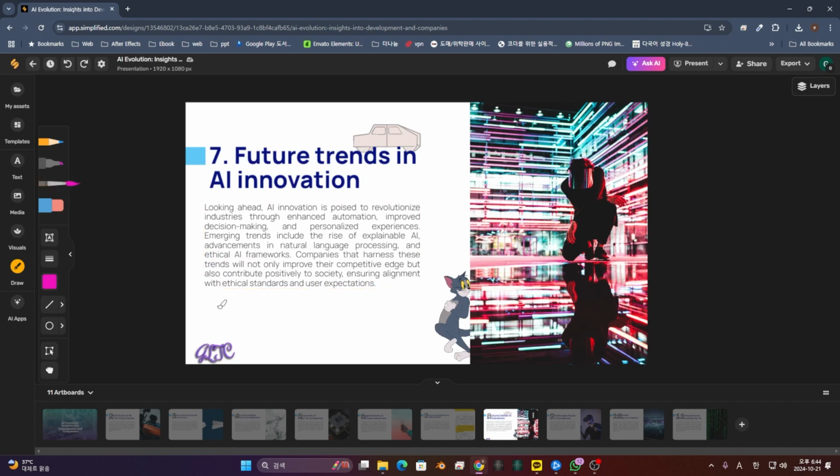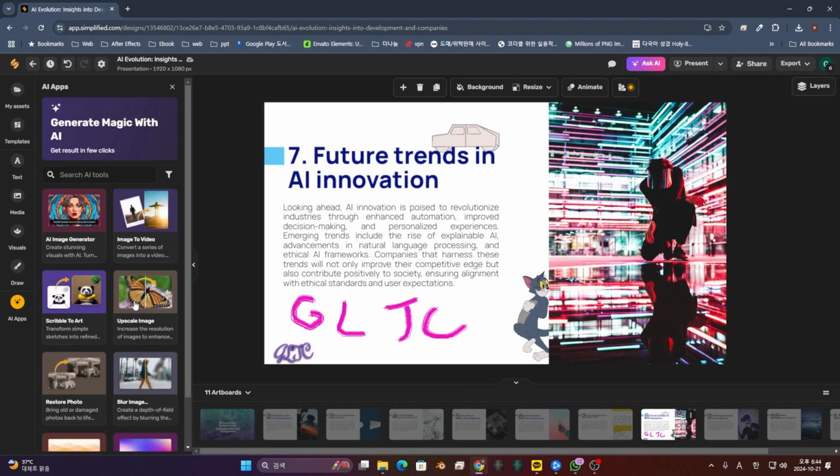And I will just draw like this. Maybe GLTC. Like this, I really love it. And you can go to AI apps now. These AI apps will bring AI-powered applications to your presentation. So you can use any AI tool here directly, like